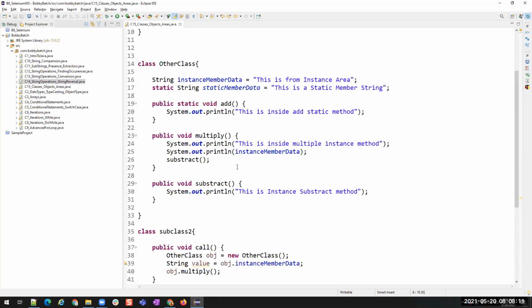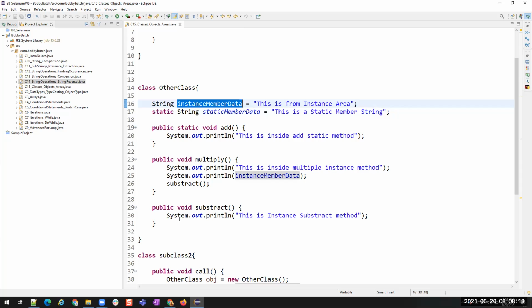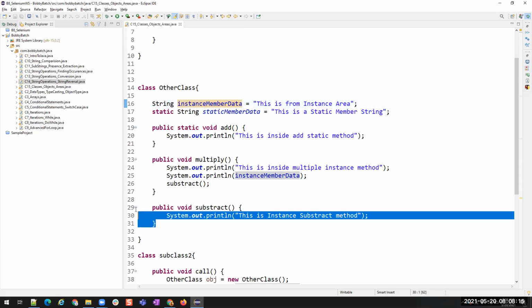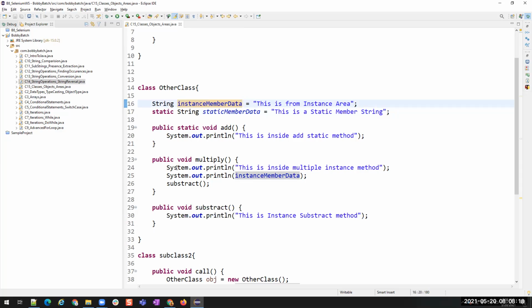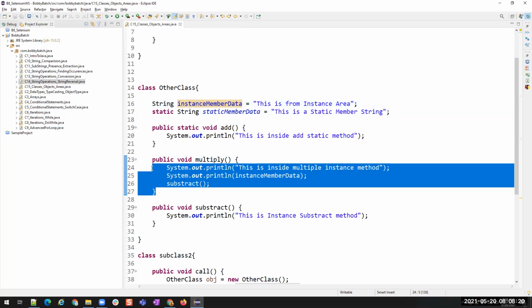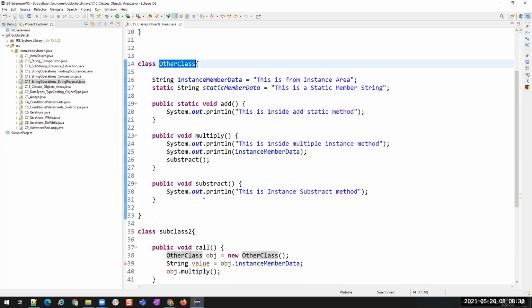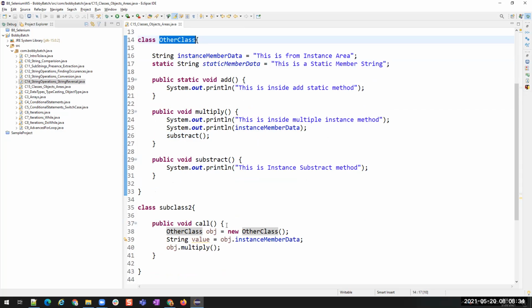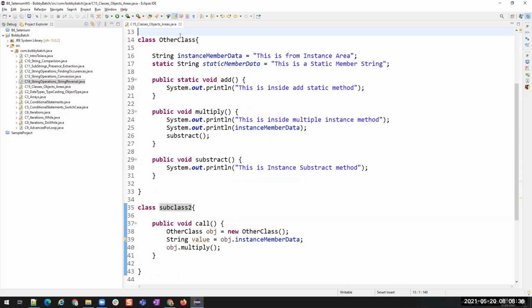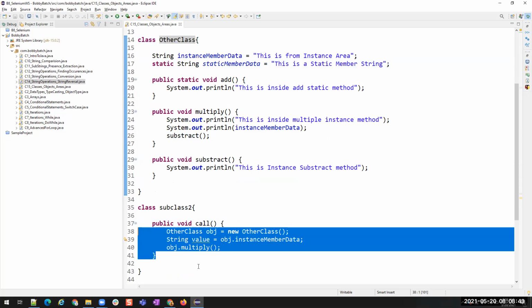If it is in the same class, instance member, instance variable and instance method, and we want to access them in the instance area of the same class, then we are able to use them directly. If you want to use this instance variable and instance method outside of this class and inside the instance area, then we have to create an object for this class and access the members.